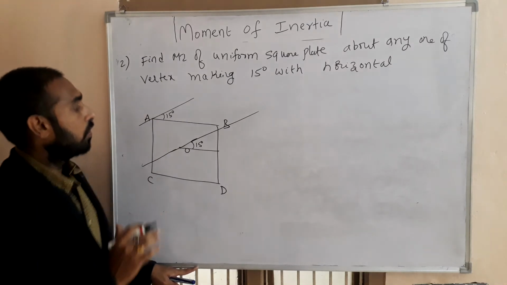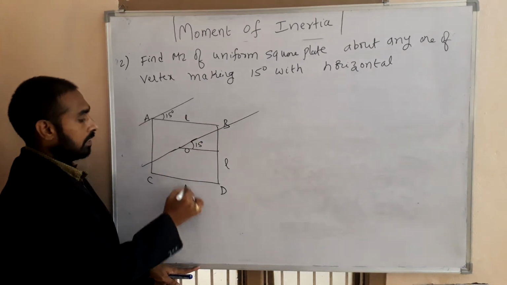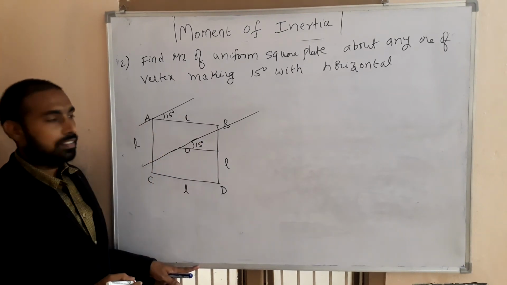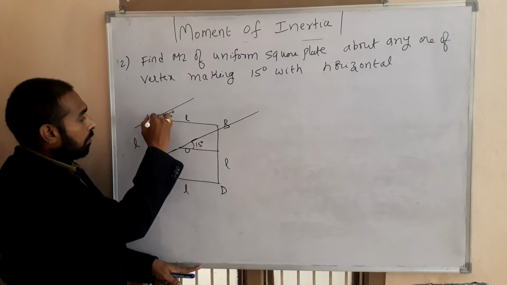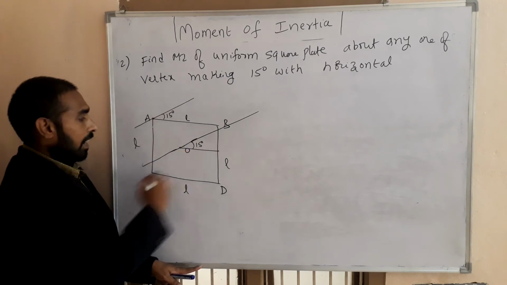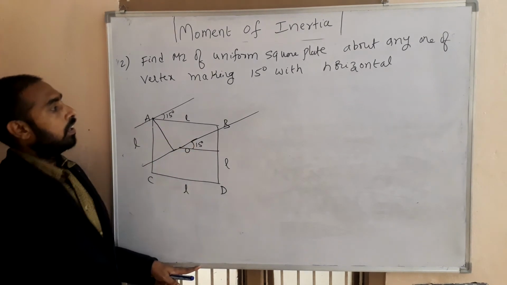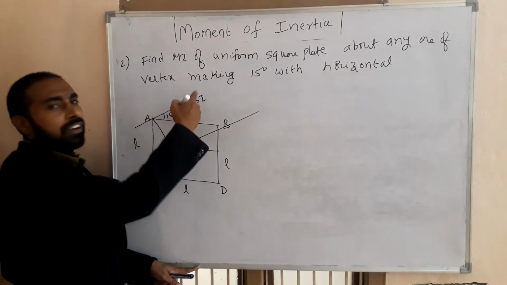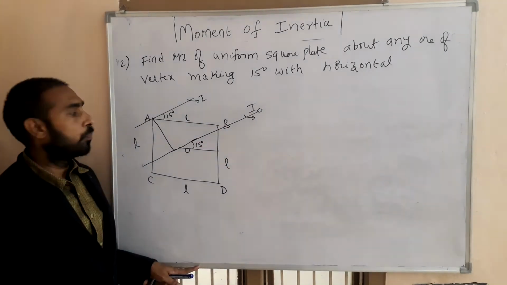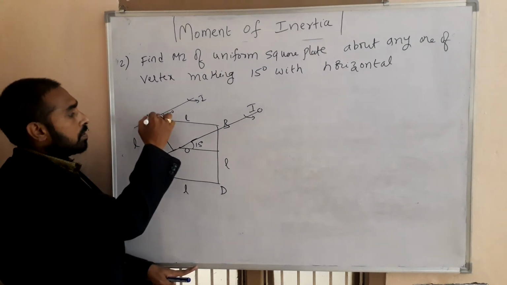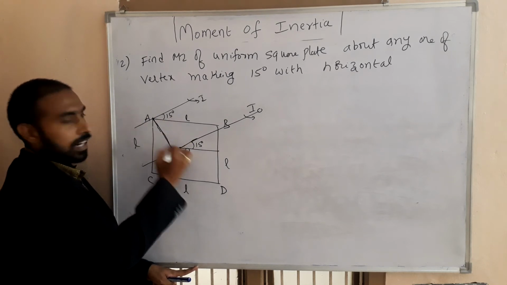Okay. So now what I would like to do is, see, the side length is given as L. This one is L, this is also L, this is also L, this is also L. Okay. Side length is L. So just draw a normal from this point to the parallel axis, this axis. See, this is the normal that I would like to draw. I am taking this moment of inertia about any one of the vertices I and passing through the center is I0. Now, see, this is the perpendicular. This is the perpendicular means 90 degrees here, 90 degrees here.